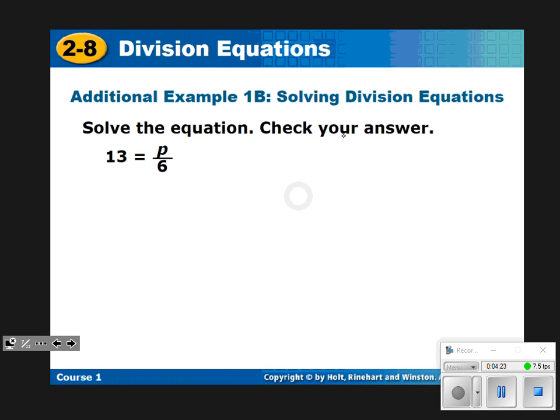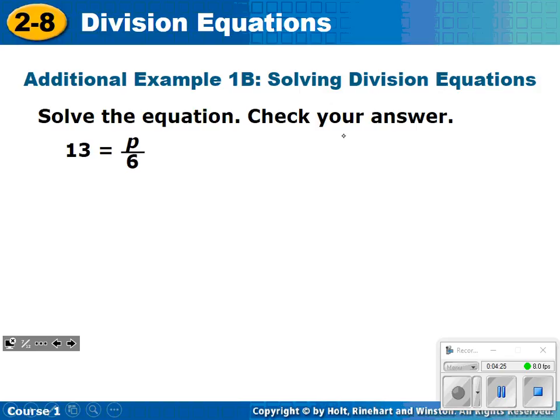Next one. What's happening to my letter? Serena. It's being divided by 6. What's the exact opposite of divide by 6? So we multiply this side by 6. We multiply this side by 6. This goes away. We're left with p over here. We got 6 times 13, which is,